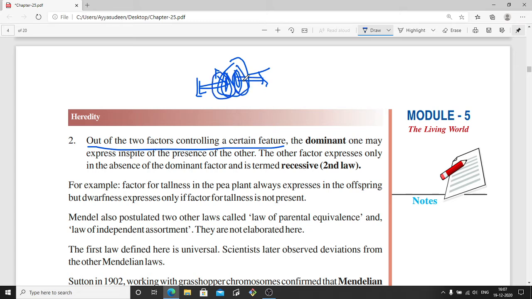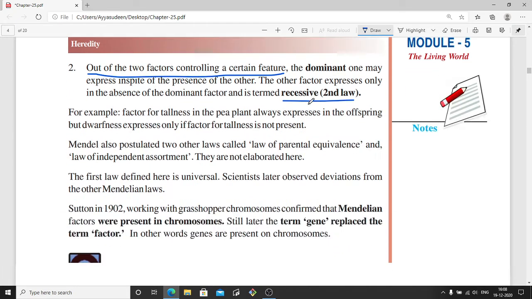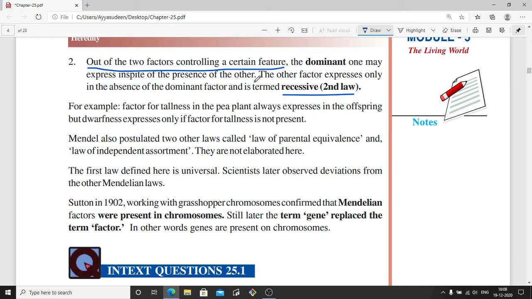If white is dominant, the flower will be white in color. So this is his second law. Let's say that no yellow is there, only white is there. So white is the recessive here, for example. Now there is no dominant factor, that is yellow, so it will look white in color. Since there is no dominant factor, this is termed as recessive. So that is his